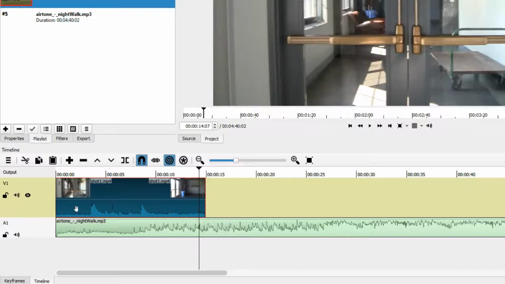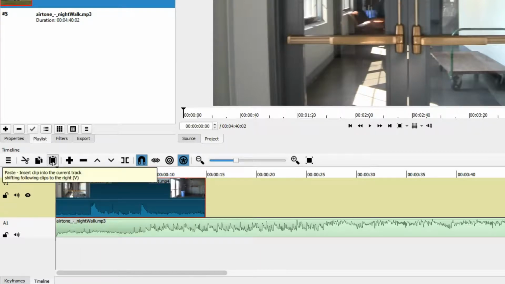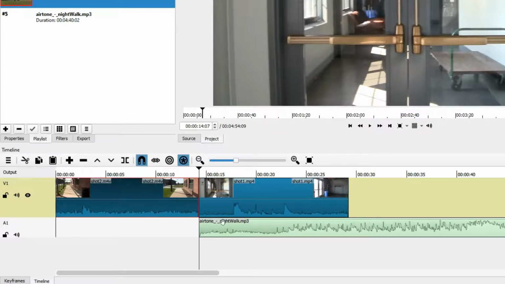If I wanted the audio and this shot 1 to remain aligned, I want to make sure that this button that says Ripple Edits across all tracks is selected. So I do that. I move this back to the beginning. And now when I click that paste button, you'll notice that the audio remained in line with shot 1.